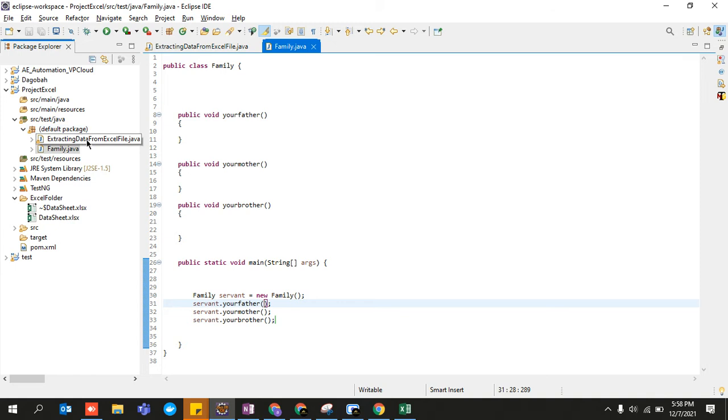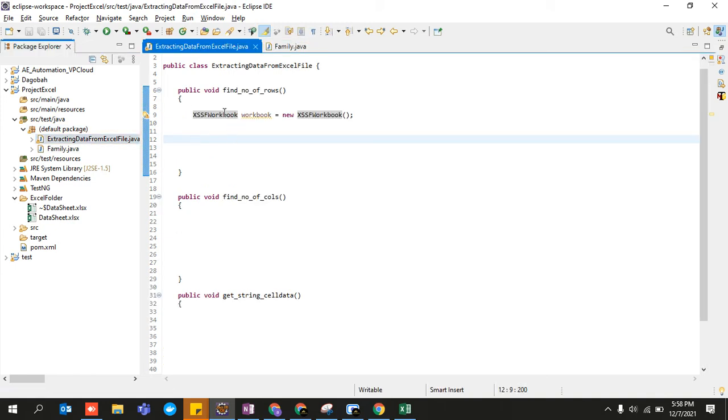Okay, so back over here, why I created it over here, because it is a class like your family class, right? And it contains some sort of methods, and with the help of those methods I am going to make use of them. Because I want to read data from this particular excel file, I need to find the number of rows, and I would not be able to get the number of rows or any other help until and unless I make a reference variable of this workbook. Okay,